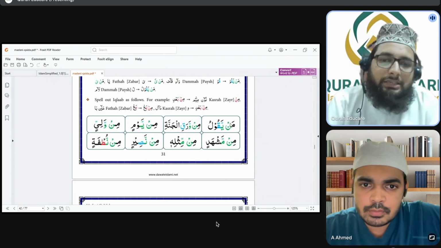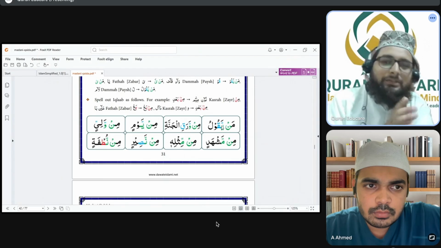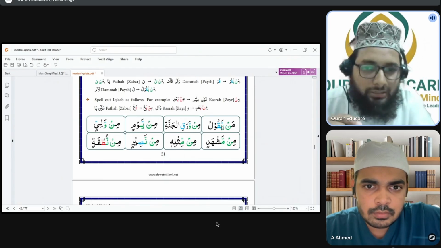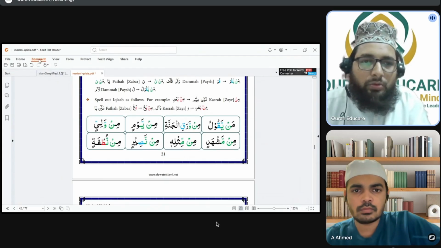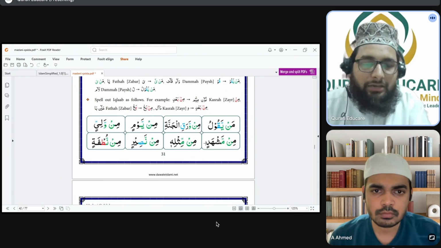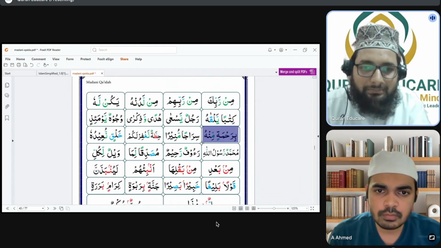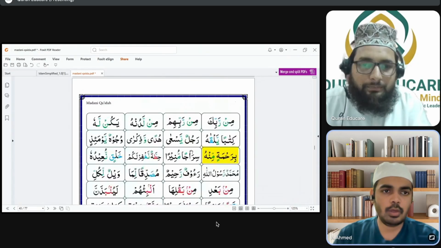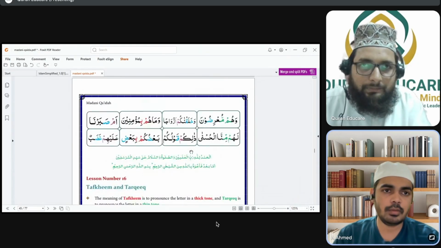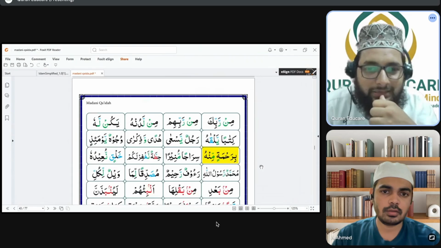Here you can see after Nun Sakin there's a Yarmalun letter, but the Yarmalun letter is coming in the next word. So we are doing Ghunnah, like man yaqulu. Similarly, here you can see min waraqil jannati, in every book. Let's see the tanween, like here bi rahmatin minhu. Is it clear? The Yarmalun letter is not coming before the Nun Sakin; after the Nun Sakin, a Yarmalun letter is coming.